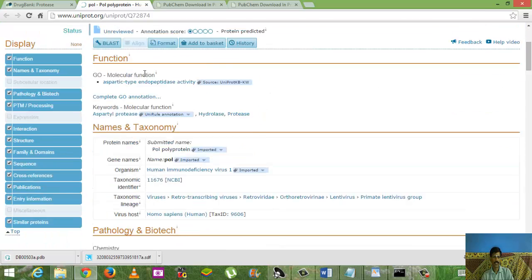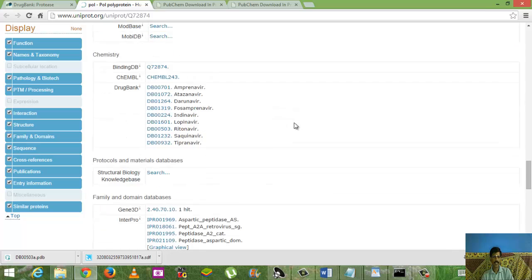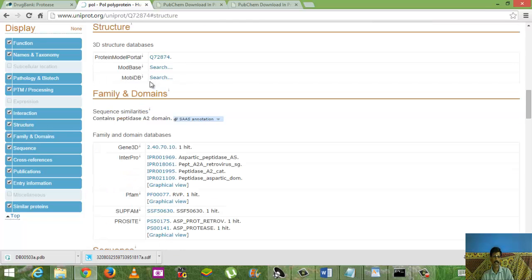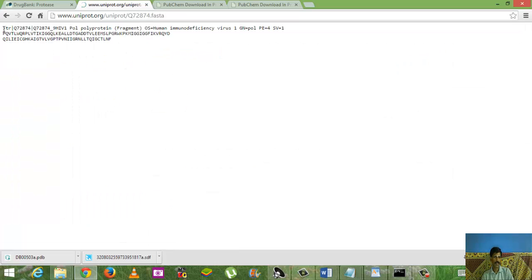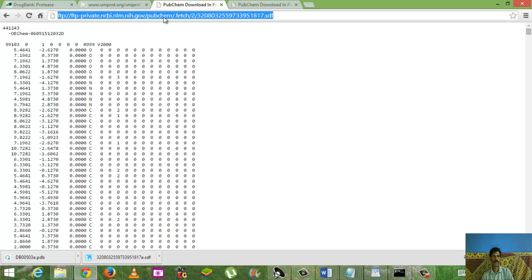and then you click the protease link, and now it goes to the UniProt database. You go to the sequence part, and you can also go to the structure part of the UniProt file. If the structure is available, you can see it here. You can click the structure region. If it is available, you will get the PDB link here itself, so you can directly download the PDB structure. If no structure is available, it's better to go to the sequence part of this file,